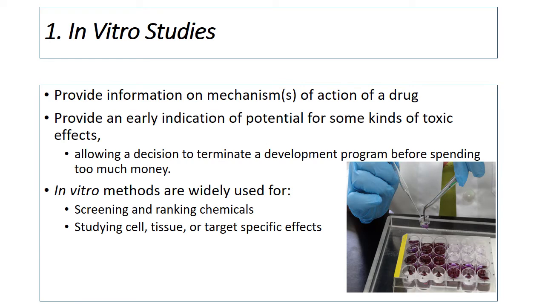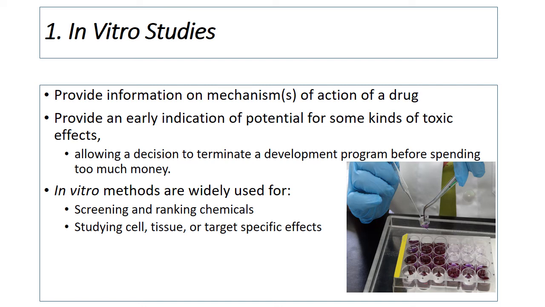So in vitro studies, you normally use these to find out information on mechanisms of action, although you can also use in vivo studies for that as well. And they provide an early indication of potential for some kinds of toxic effects. So ordinarily, you'd want to start with in vitro studies, and then if your compound is too toxic at the in vitro level, probably it's abandoned